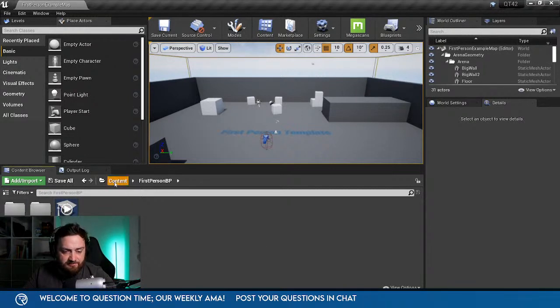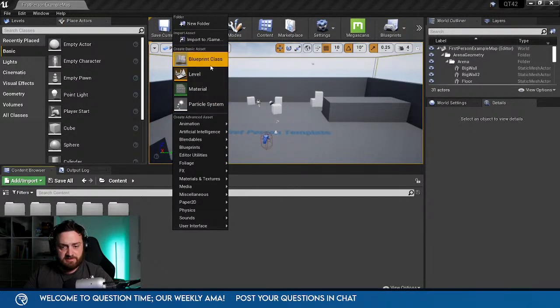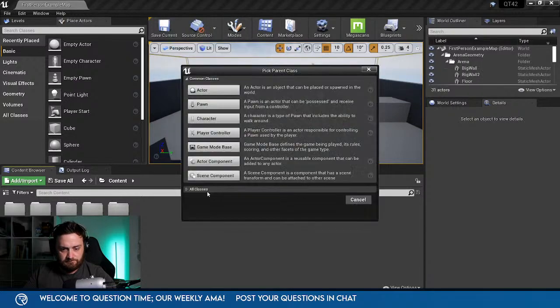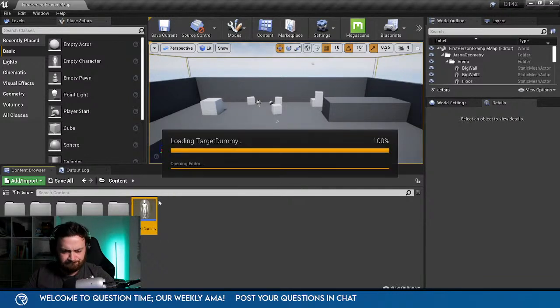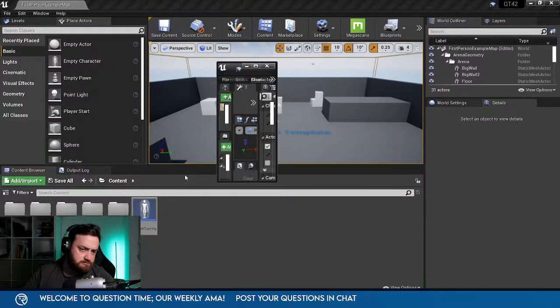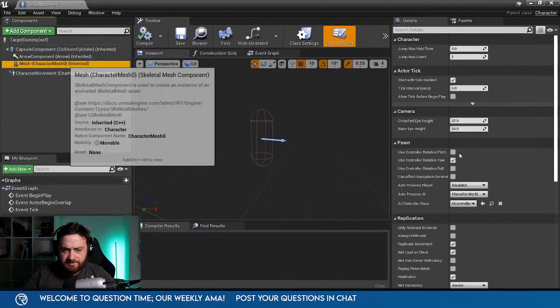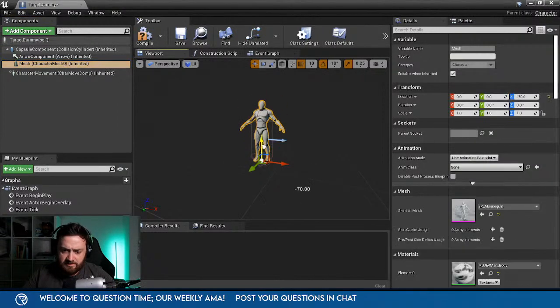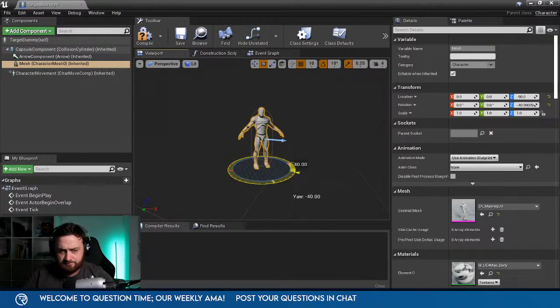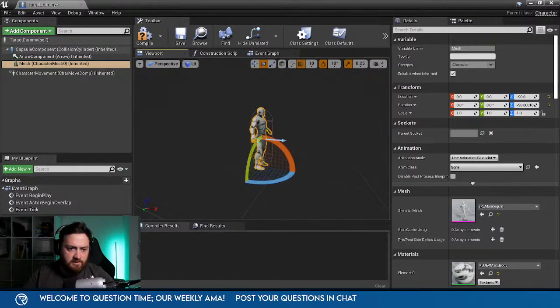Okay, so I brought in the animation starter pack, so we'll create a target for us to hit. We'll create a character with target dummy. In here we'll put in the mesh to use.